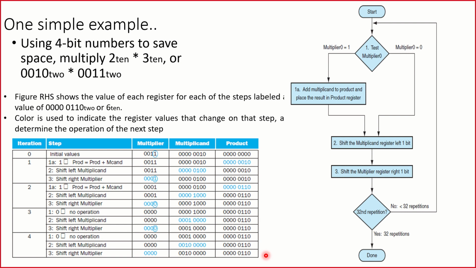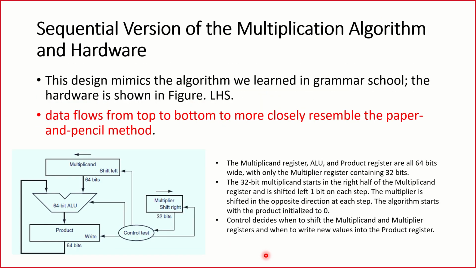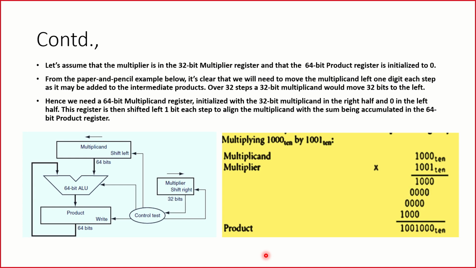I'll explain this tomorrow, don't worry. For now, what you need to understand is we have got the terms multiplier and multiplicand. We are going to use the ALU. We will shift left and right appropriately as required, and we will sum it up and load the result into the product register. That's all. This is all done with simple components, which are nothing but the ALU, the product register, and the control register. We have got a control option available there, which is going to help us in shifting all this.